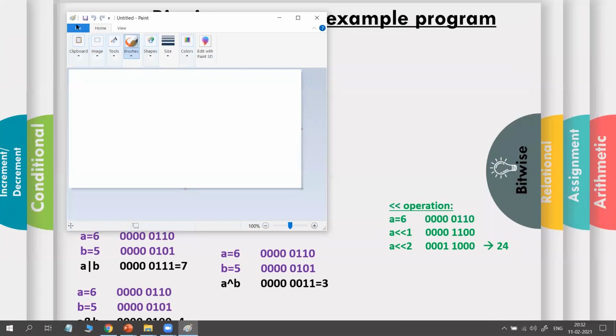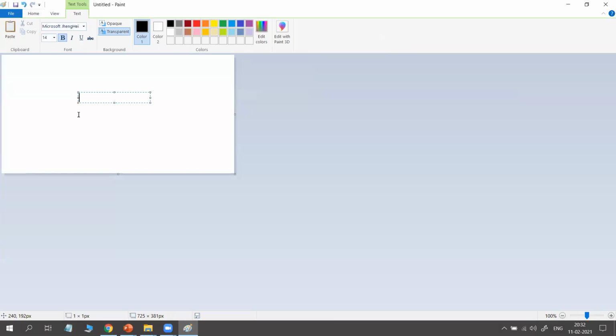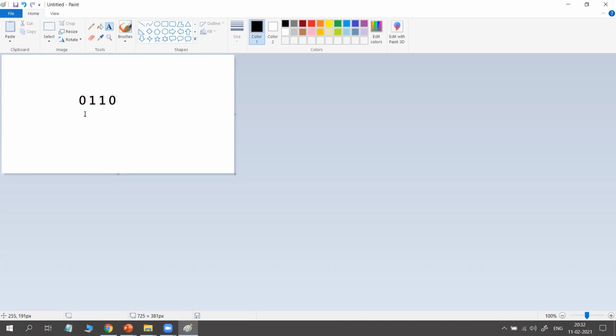Okay, consider this number. What is it? 0, 1, 1, 0. For example, 0, 1, 1, 0. So what I told you, shift these bits to the left side. So what does it mean? For example, I am writing a box like this.